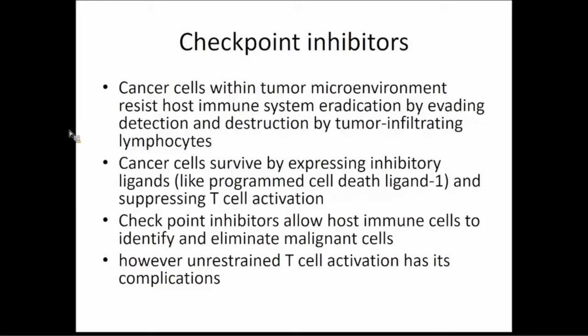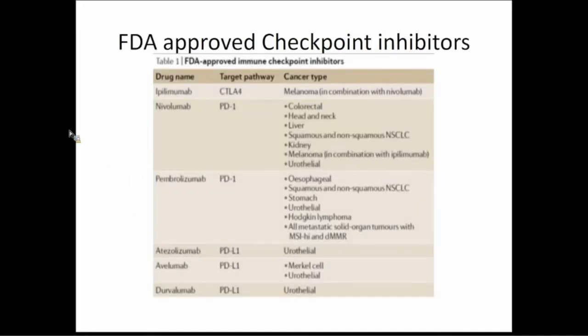So the last category that we'll talk about is checkpoint inhibitors, and pretty much the cancer cells within the tumor microenvironment resist and evade the host immune system by expressing these inhibitory ligands to suppress T cell activation. So ultimately, the goal of the checkpoint inhibitors is to allow the host immune cells to identify and eliminate these malignant cells. However, checkpoint inhibitors pretty much lead to unrestrained T cell activation, and